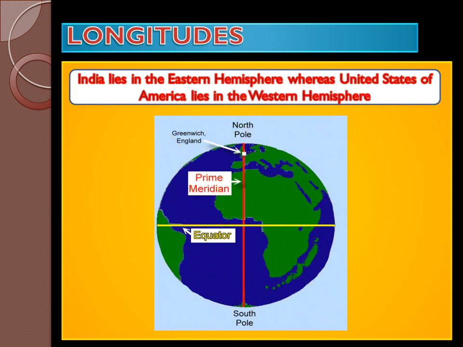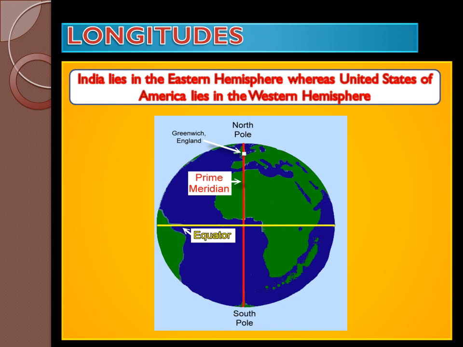Now through this picture you can understand the Greenwich meridian, the prime meridian, which is also known as the Greenwich meridian. You can see Greenwich in the white square, and you can see the Greenwich meridian running from north pole to south pole, which is also known as the prime meridian, 0 degree longitude. Now you can see the equator in yellow color, which is also 0 degree, but it is a latitude, 0 degree latitude. So the equator is the largest latitude, and after the equator the size of the latitudes decreases.